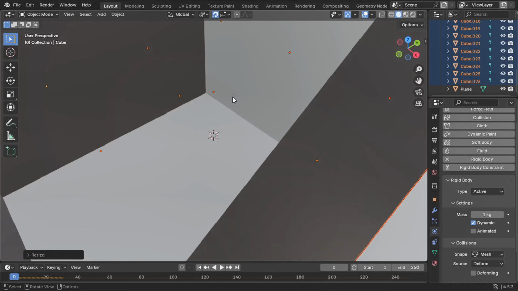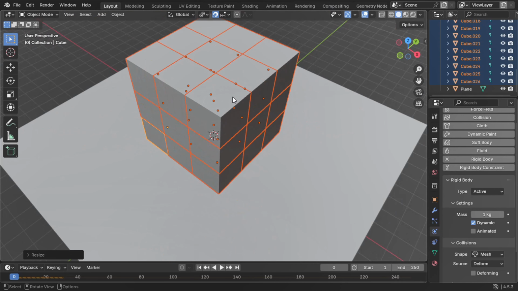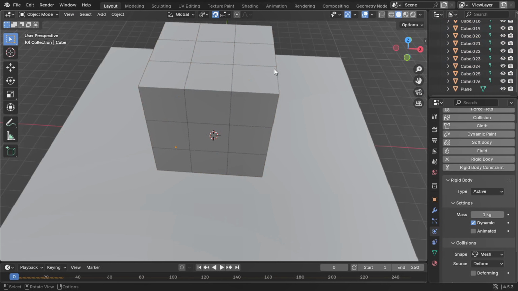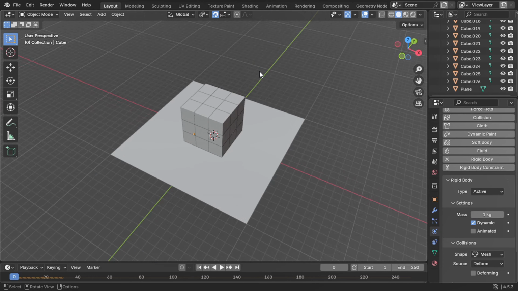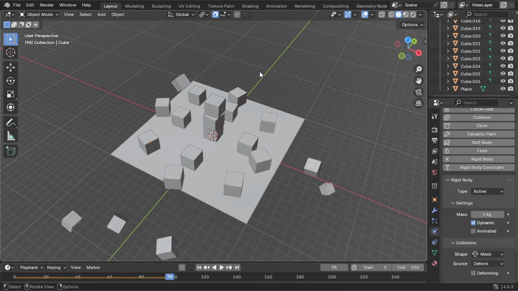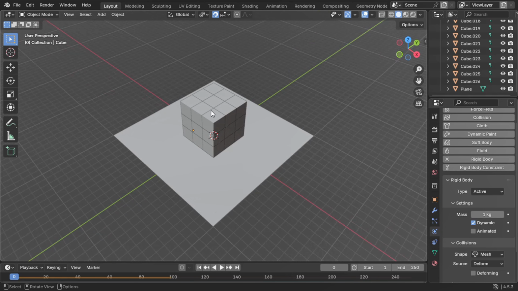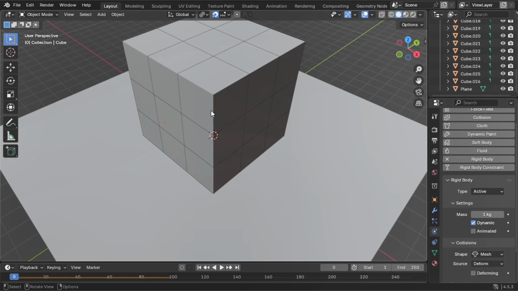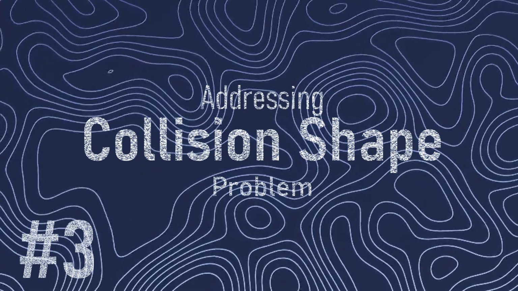This ensures that there is a little bit space between each of them and you won't be able to see them in normal conditions. Now if you play the animation, you will see that the problem has fixed a lot. And now I hope you understand what exactly Blender physics does when there are overlapping faces.